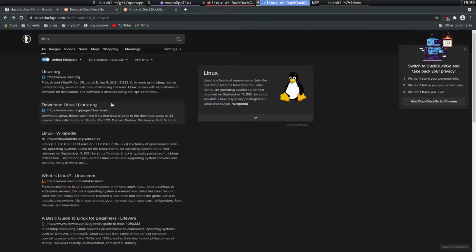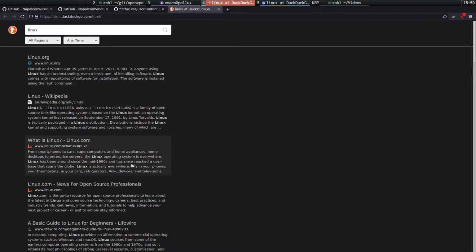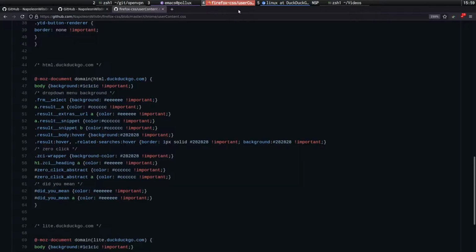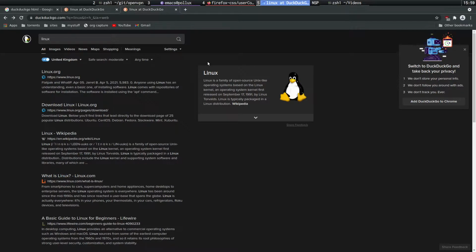You see, basically what I've done is I've just pinched the CSS from the regular DuckDuckGo and applied it to DuckDuckGo, the HTML version, because it's quicker to load and it gives you exactly the same results. So that's just something else I wanted to mention